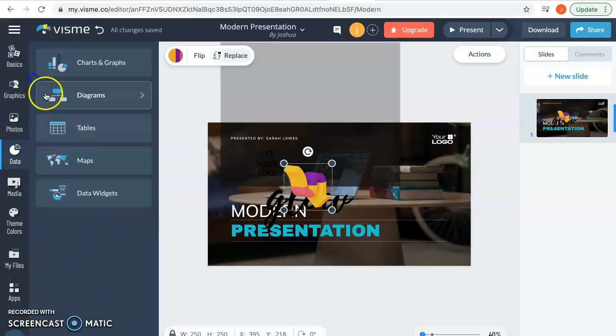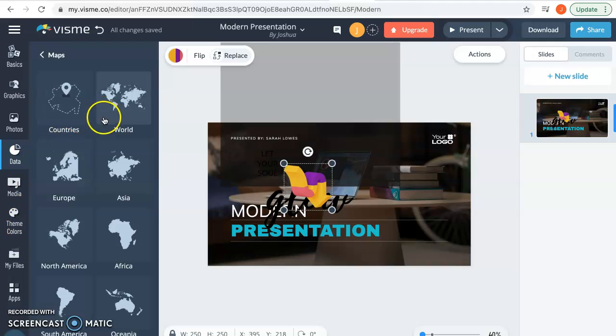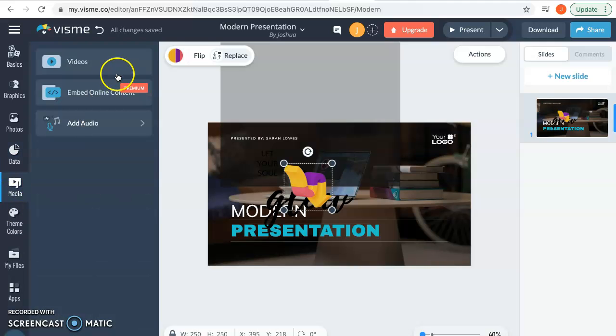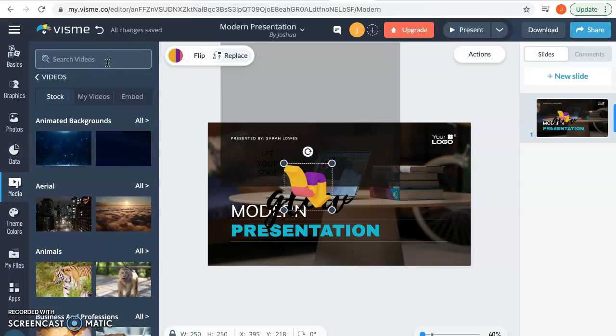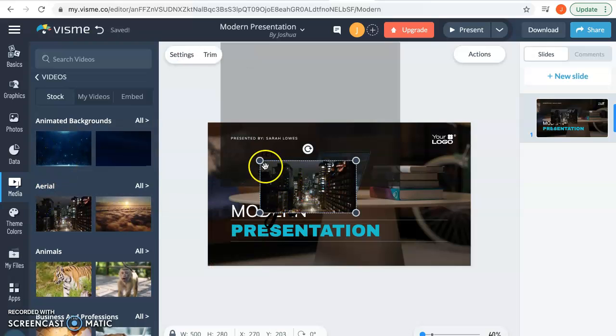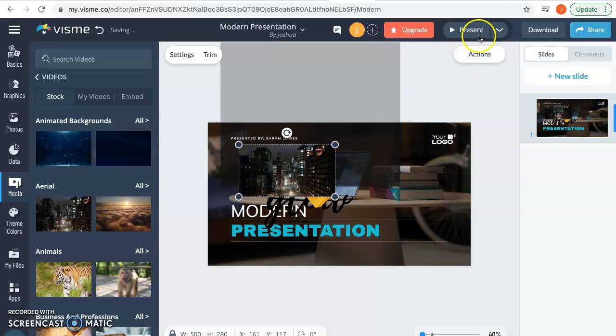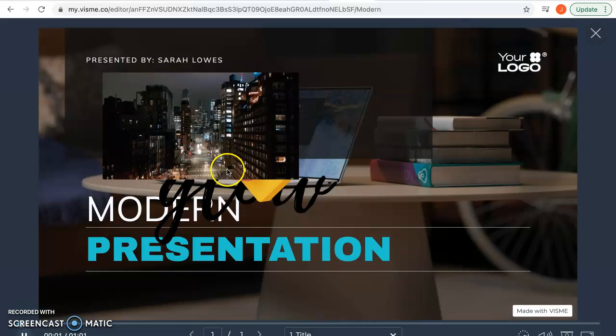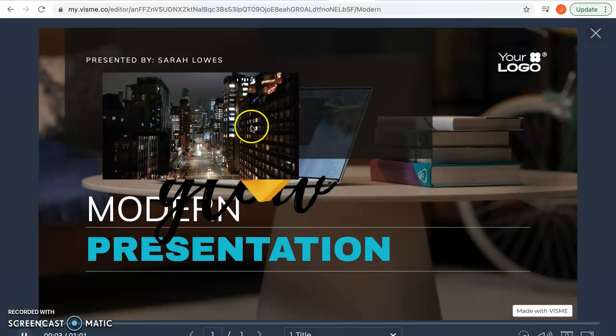Students can add data, diagrams, tables. There's a few maps they can add. They can only do, I believe, certain ones on the free version. Media. This videos tab where you can add animated backgrounds. I can add this city in here. I'm not going to make it as a background. I'm just going to put it on there and show that when we play this, we now have this city